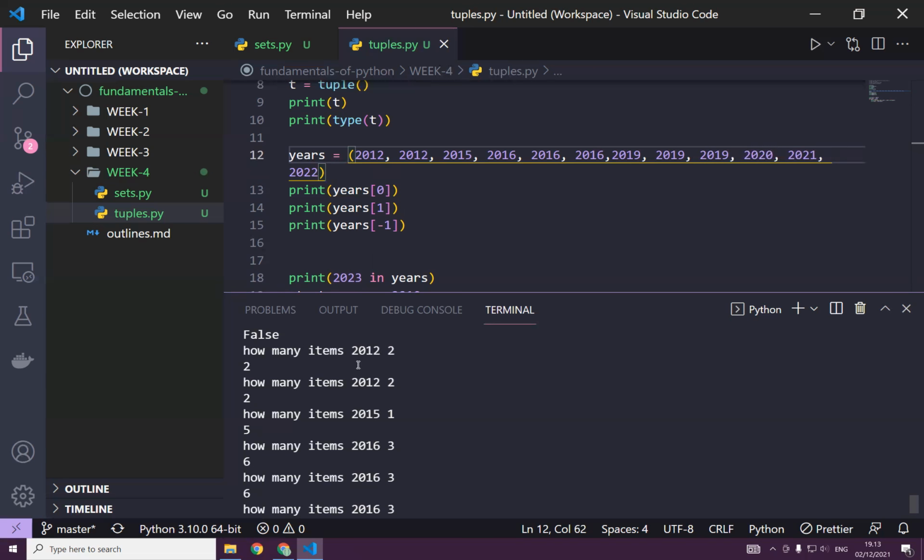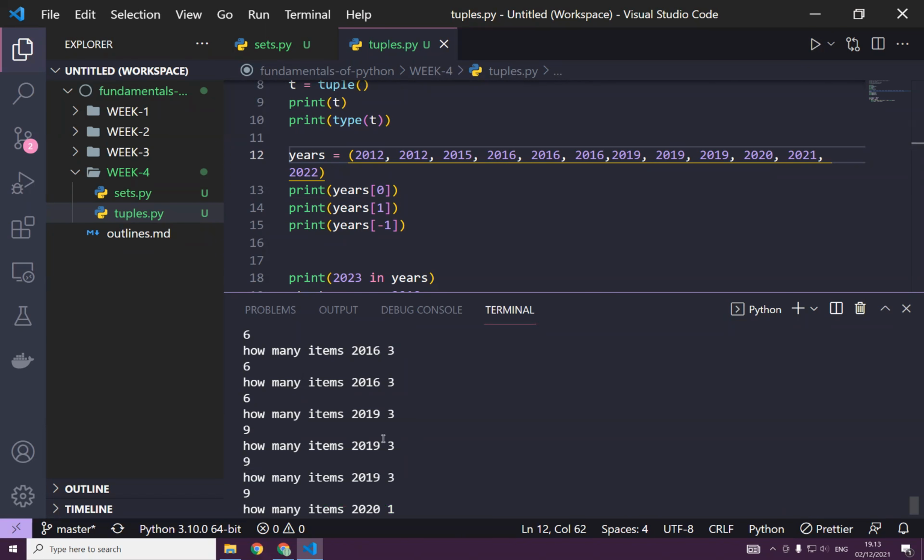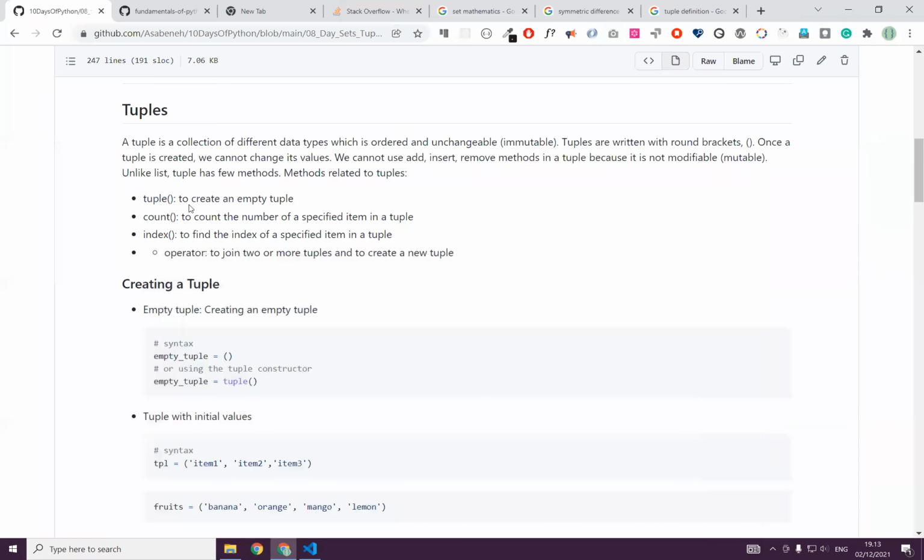As you can see, 2012 two times, and 2016 three times. But why? I think I have to run this again. Oh yeah, 2019 three times. Great. So we can use the count method, and index to find the index of a specified item